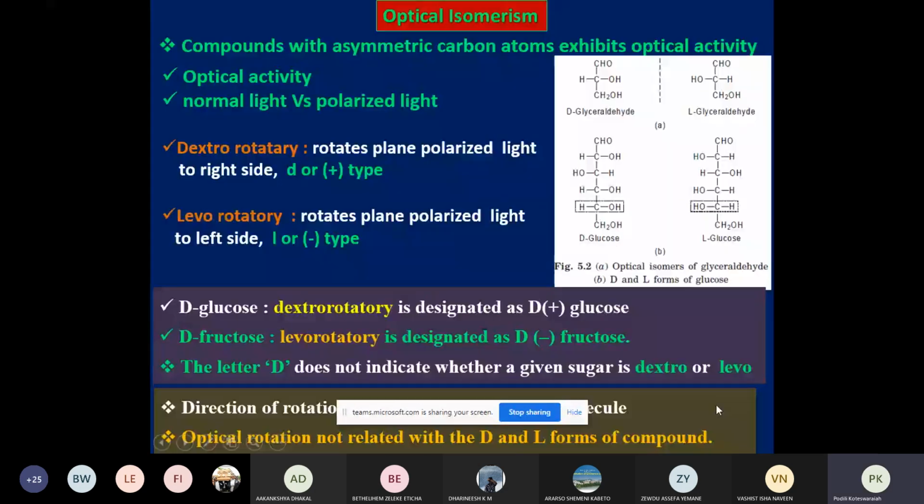So since all monosaccharides have asymmetric carbon atoms, they rotate plane polarized light, and if the sugar rotates the plane polarized light towards the right, then it is known as dextro, and it is also designated with the small d or plus sign. And if it